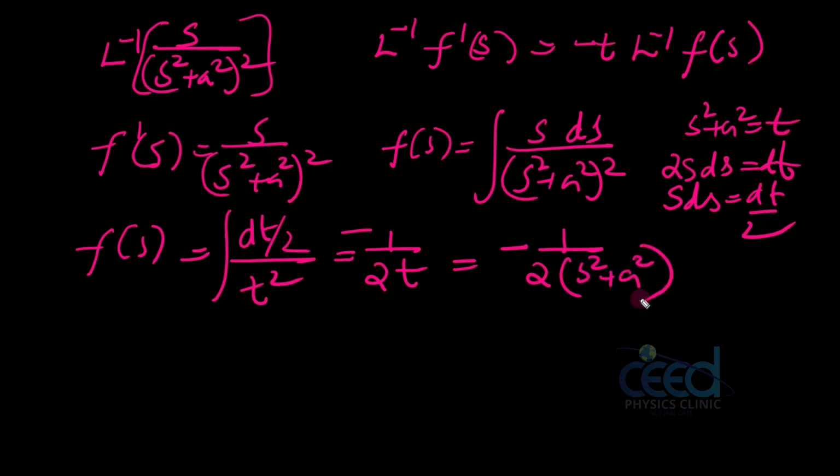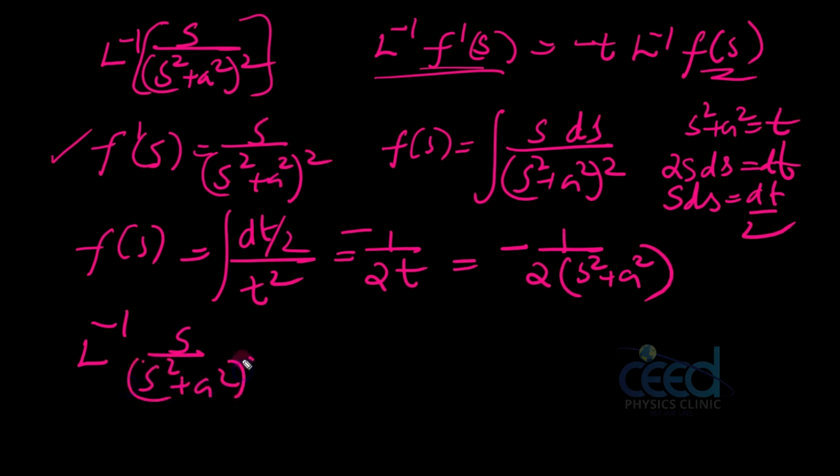So we got the f of s value. Once I get the f of s value, I can substitute here: f dashes and this f of s. So the Laplace inverse of f dashes, which is s by (s square plus a square) whole square, is equal to, I can substitute this value here, minus t into the Laplace inverse of f of